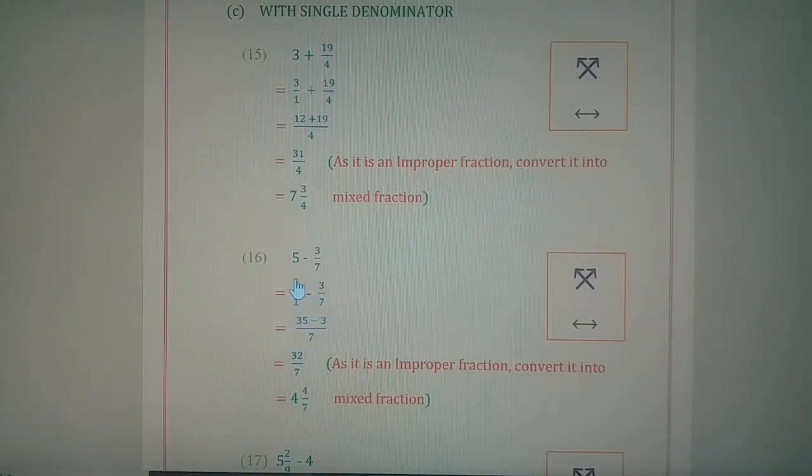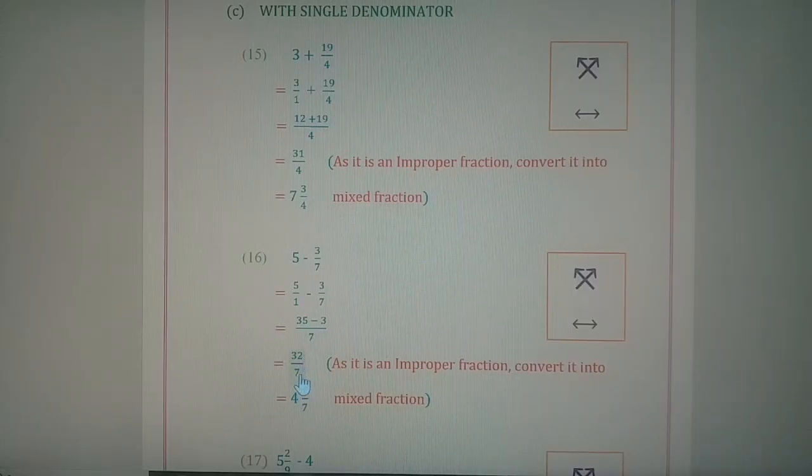And then we multiply the left diagonal. That is 5 7s are 35. 35 we write in the top left side of the numerator. And then we multiply the right diagonal. The right diagonal is 3 1s are 3. That we write in the top right side of the numerator. So 5 7s are 35 and then 3 1s are 3. 35 minus 3, and then 1 7s are 7, that we write as the denominator. 35 minus 3 upon 7. So the denominator 7 we copy as it is. 35 minus 3 is 32. 32 upon 7 is our answer for the next step.